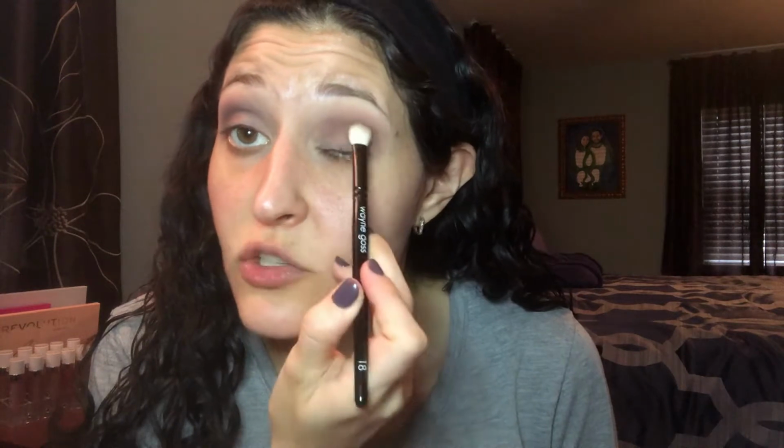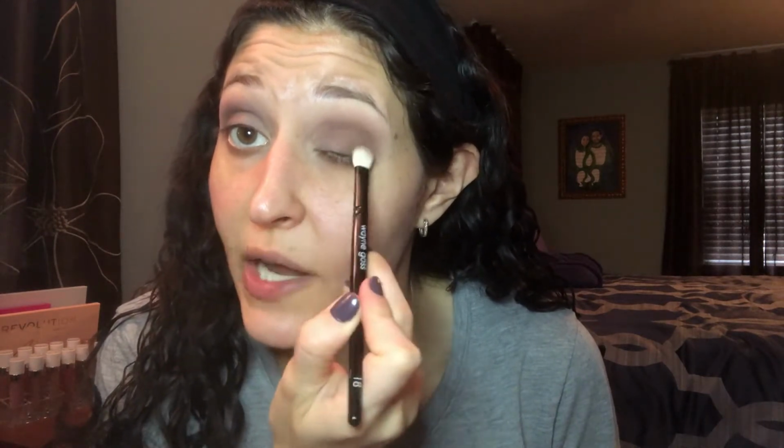I still have a decent amount of products in this project, but there's only 1 in each category, so it's not like there's just 1 blush, 1 bronzer, 1 highlighter. There are 2 different eyeshadows, but they're sort of different and they can also go together. I feel like that'll be easier and a little bit more manageable to have one in each category,